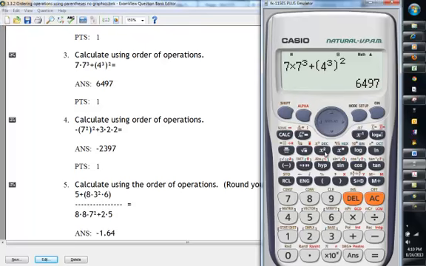6497. It's important in this next problem to put the negative sign first. Parentheses, 7 squared, close parentheses, squared, plus 3 times 2 minus 2. So it will do the inside parentheses first, then it will square that, then it will do the multiplication, then it will take care of this negative sign, and then it will subtract the 2. And we get our answer. We get negative